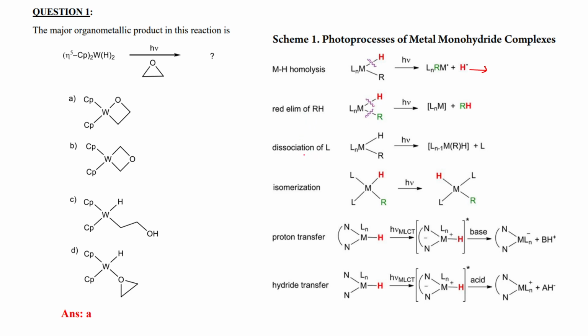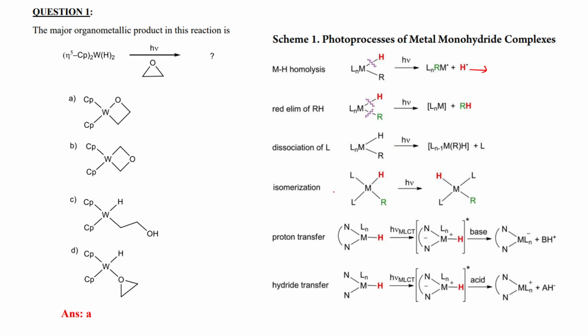And this one is dissociation of ligand. So here you can see in presence of light, one of the ligands is dissociated from your metal center, but that hydrogen and your alkyl units are present in the product. So this is another side product that can be formed by